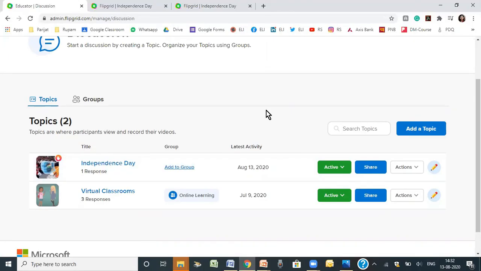So it's so easy to create a topic, upload relevant material and invite students' responses. Along with that, it's easy to give them feedback. You can rate them on the basis of rubrics. So this is something which will empower the voices of each and every student of your class. They'll be able to get feedback. They'll be able to see each other's videos, and that's how the entire class will be getting a voice, and everybody will be heard.